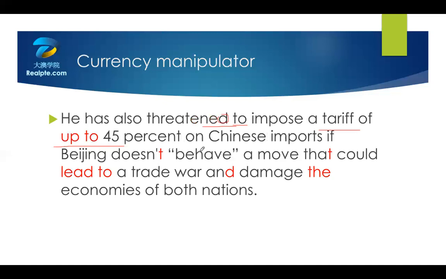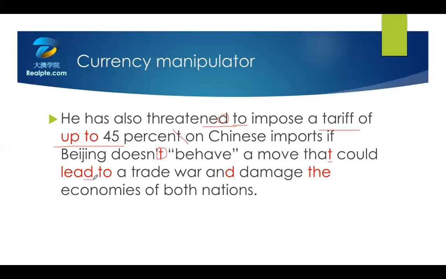He has also threatened to impose a tariff of up to，我这里用红色标记了，highlight 了一下 up to，OK，一定要连在一起，up to 45%。Impose a tariff of up to 45% on Chinese imports，percent 这个 T 非常的弱，45% on Chinese imports if Beijing doesn't behave a move. Doesn't，我没有读成 doesn't，我没有说 Beijing doesn't behave，OK？Doesn't. If Beijing doesn't behave a move, that 这个 T 呢非常的弱，that could lead to，我没有读成 lead to，是 lead to。